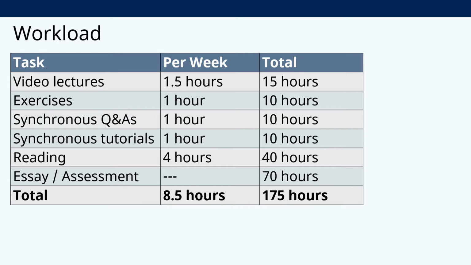There will be a chapter or a paper to read every week, so you can expect, depending on your reading speed, to spend somewhere between 2 and 4 hours completing the reading every week. So that means that you will be spending somewhere in the ballpark of 7 to 8.5 hours of work every